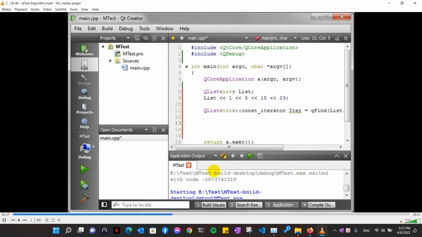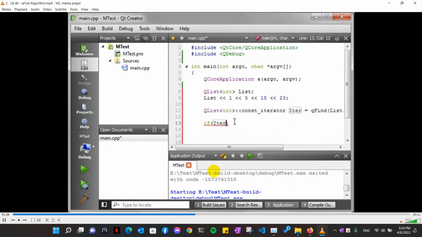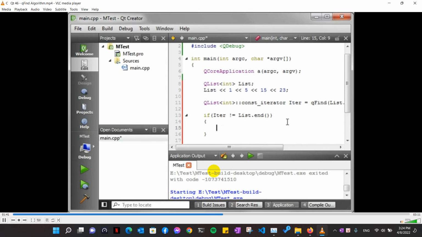Now, what that'll do is search, and if it doesn't find it, it's going to equal the end. And I'll show you what I mean here. If iter not equal list.end. I made a boo-boo here, bear with me. There we go. So if it doesn't equal list.end, or the end of the list, which is right here after the 23, then